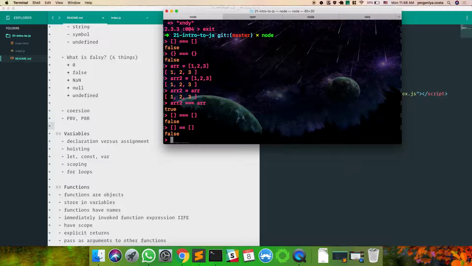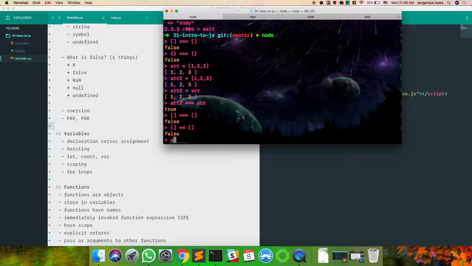So, notice. We have array, right? We have array 2. At some point, we decided that these should point to the same reference. These should point to the same place in memory. Therefore, we're treating them as the same array or the same object.